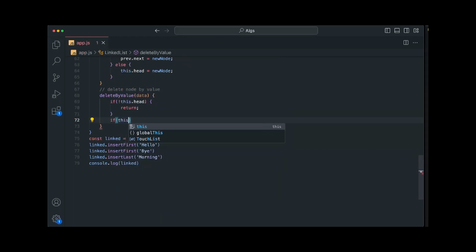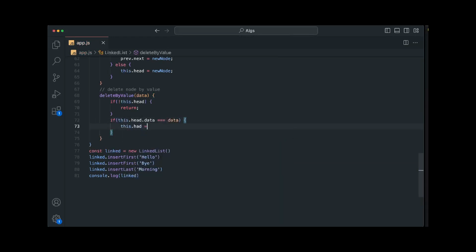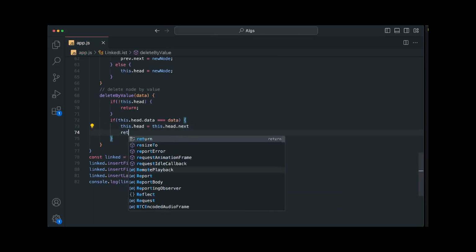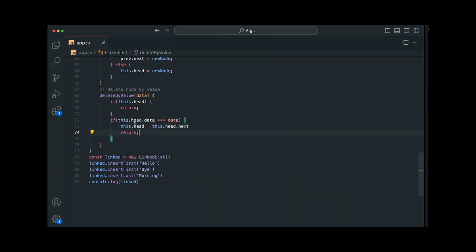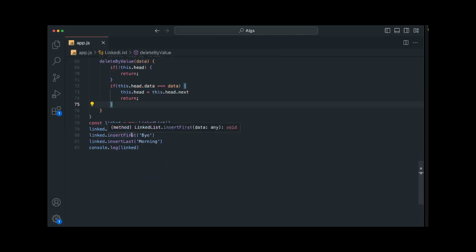Otherwise, if this dot head dot data is equal to data, then this dot head equals this dot head dot next and return. So basically if head was alone, then just point to null, remove it, if we have only one thing. If not, so you have more than one,